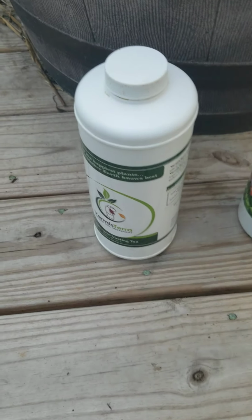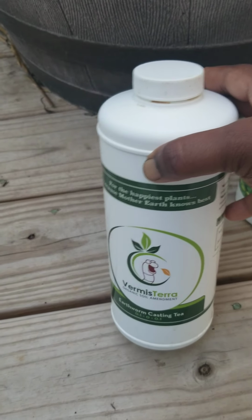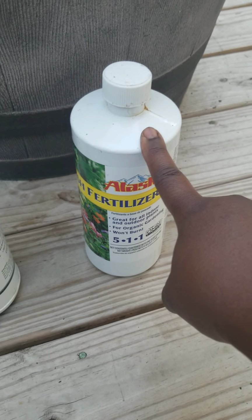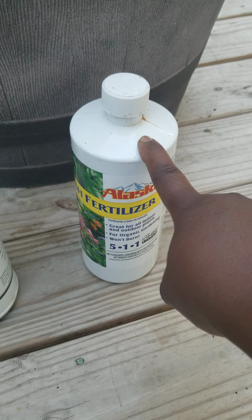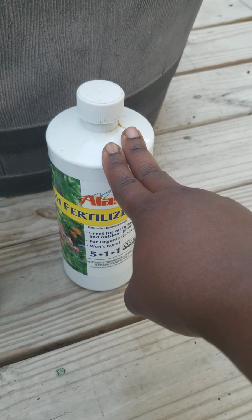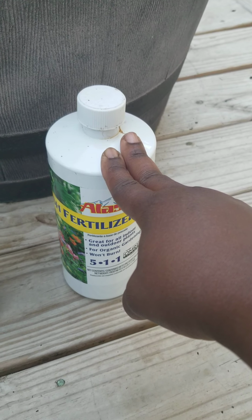And then the worm casting tea I use like every week on them. It's basically earthworm poop, and you can use it at any stage on the plants. These are more for when the plants are putting on leaves. Once they start putting on actual fruit, I'll probably switch over to really just topping them off with a little bit more compost and some fertilizer, like my Dr. Earth, or